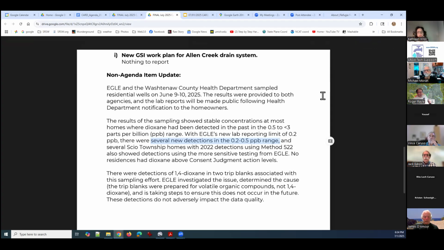Can you give us information on where the new detections were? I cannot until the residents get their results. So again, we'll have a more comprehensive report at the August card meeting. But the letters just went out, so I don't want to provide any information before the residents receive it themselves. Okay. Thanks. I've got one more question relating to